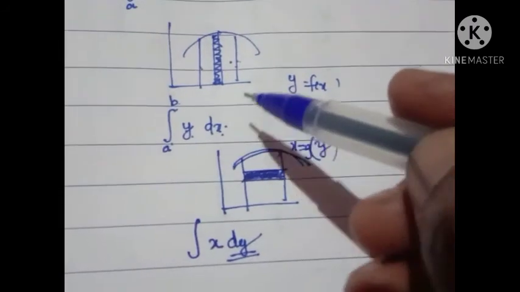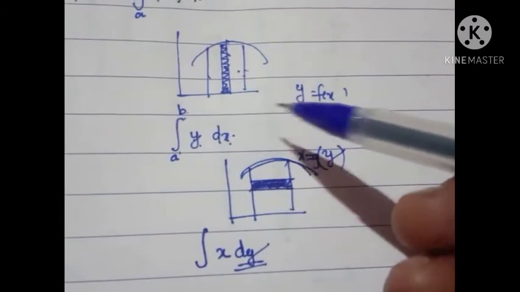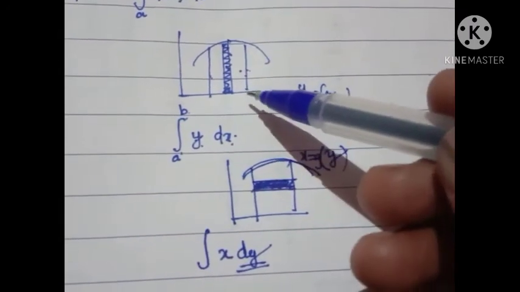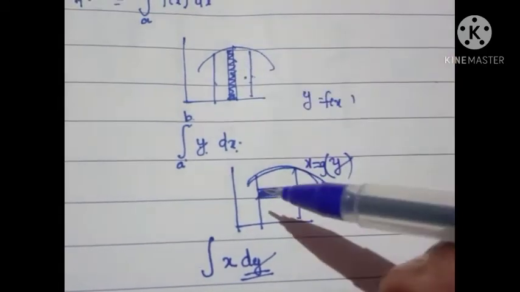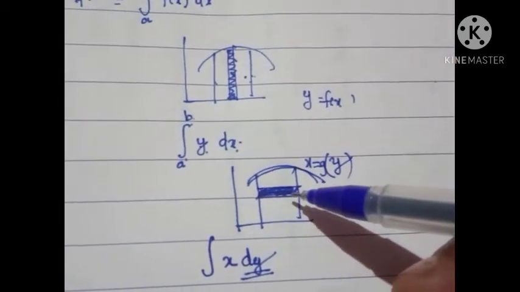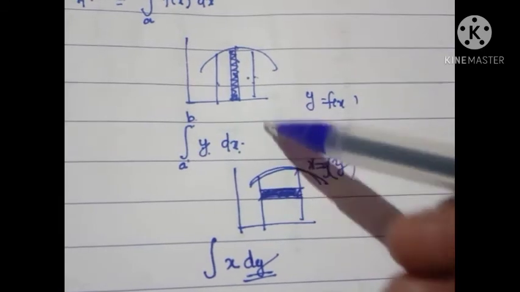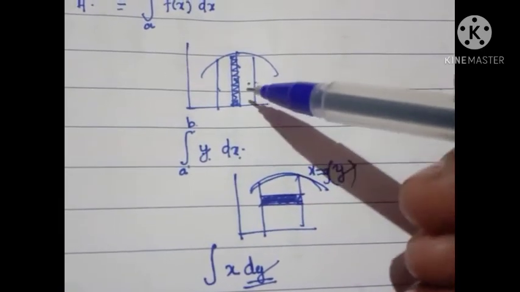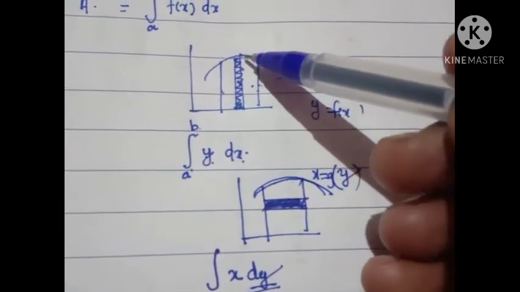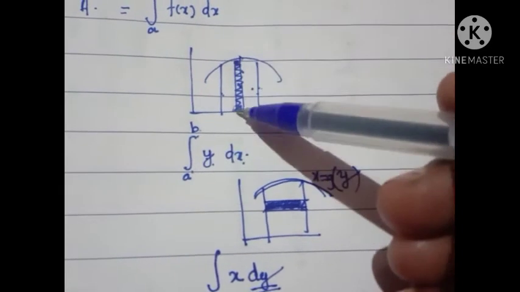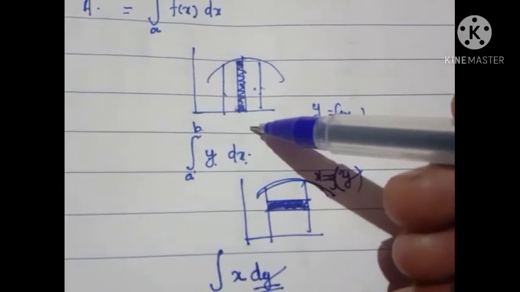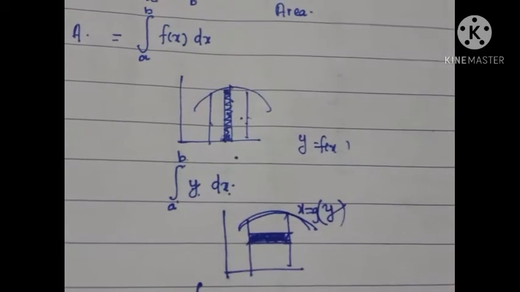We can see examples of how to apply these concepts, whether vertical stripes or horizontal stripes. In both ways, we will get the same answer. But in the majority of cases, usually we consider vertical stripes in problems. Let's see an example.